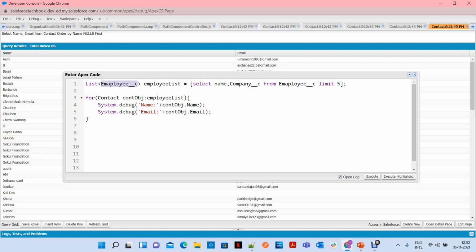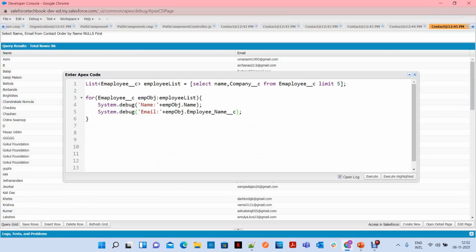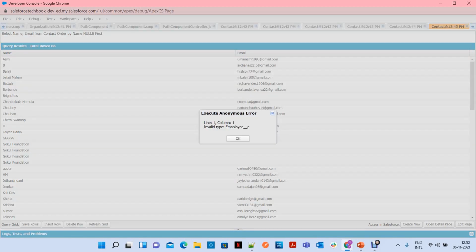Along with that, let's process this: empObj.Name, empObj.Company. Not company, let's take another one, employee name. It's better. Here Name is the auto number. It gives the employee number of the employee. Employee name gives you the employee name. Emp number. Let's see how it looks.